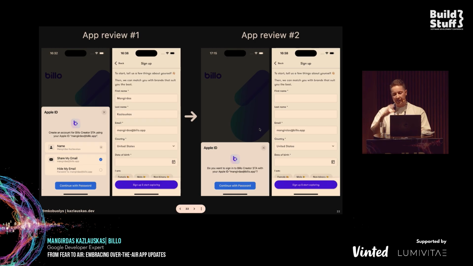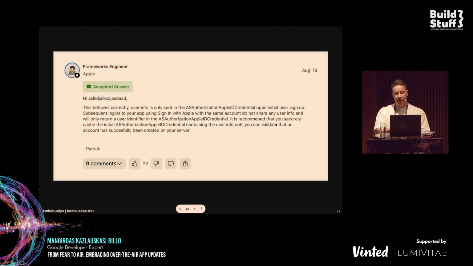Throughout all the other requests, when you are signing in with Apple, these first name and last name fields are not returned anymore. And that, by Apple, is considered a bug, because that's a bad user experience, because you are asking for this user information and you are not pre-filling it and asking again for the user to fill it in. I understand that's a bad UX, but the thing is that's how Apple puts it there,